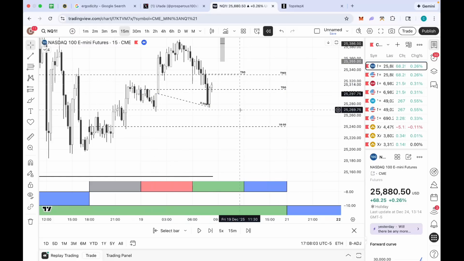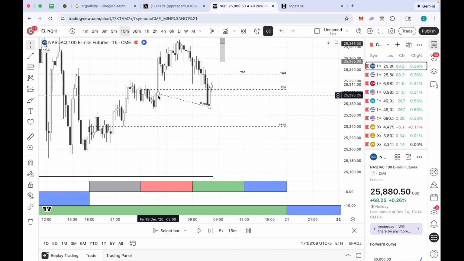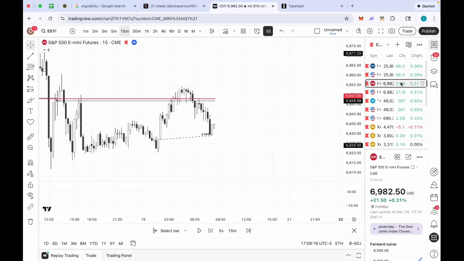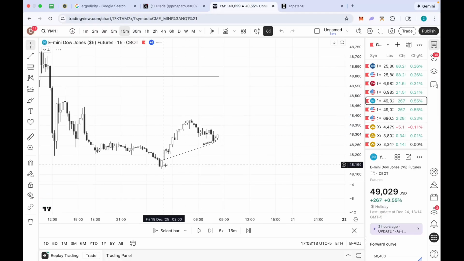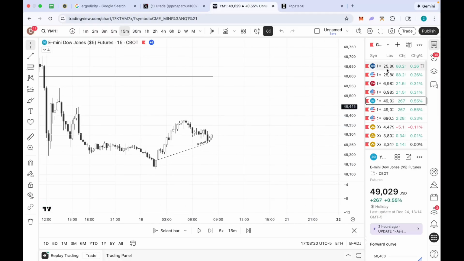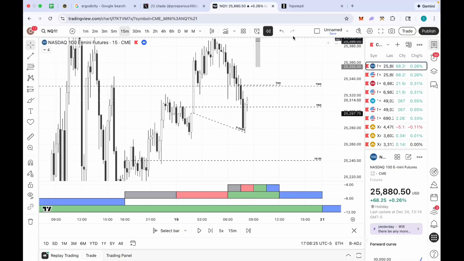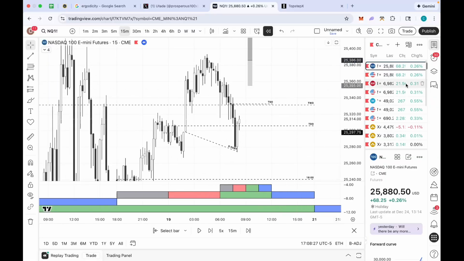So what do we see here? We have a daily sequential SMT. So that's a divergence between London low, which will set here, and New York low right here. And as you can see on ES, we created a higher low. YM, we created a higher low. So since NQ took out the low here, and ES and Dow Jones created the higher low,